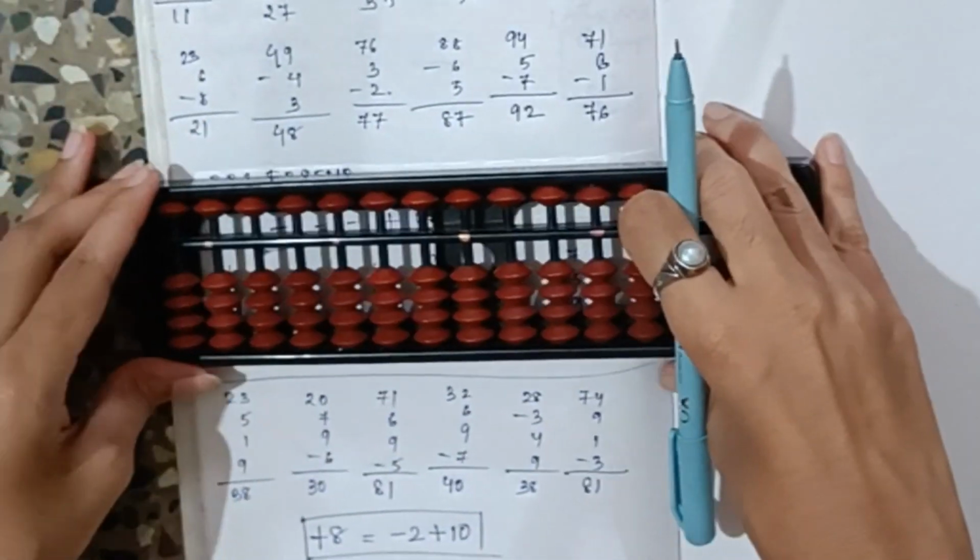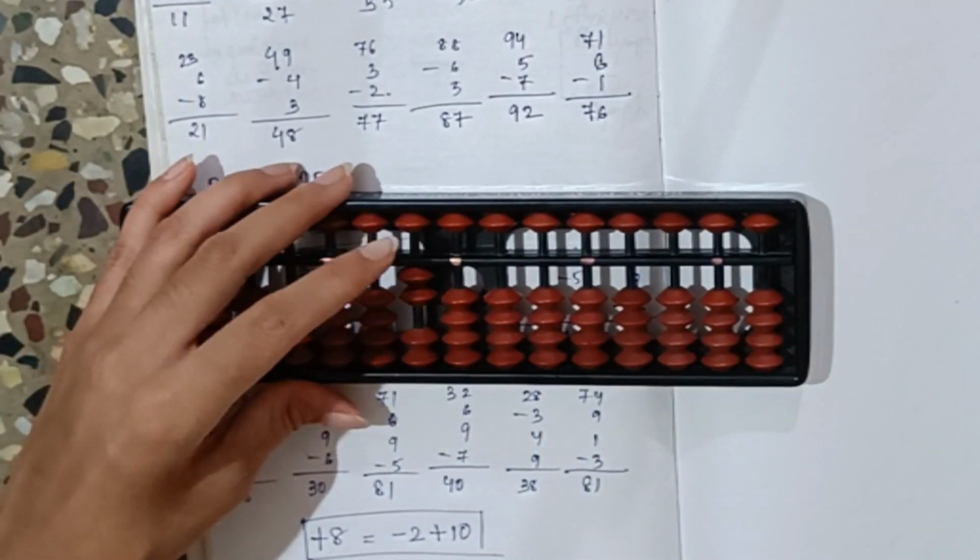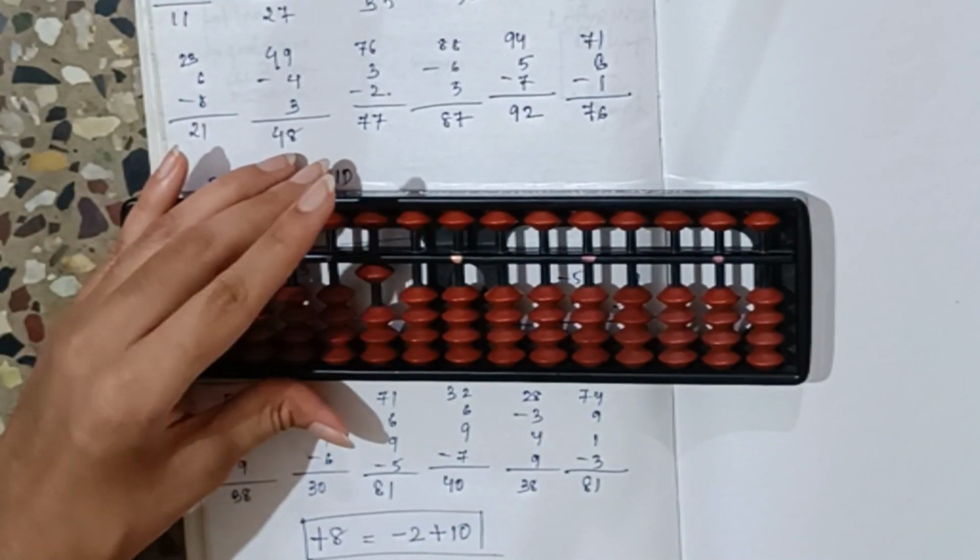Okay, so this is what you need to do. So I will teach you for all double digits also. Let us do it once. This is 20 plus 80 means less 20 add 100.